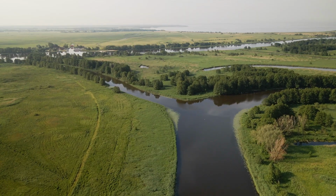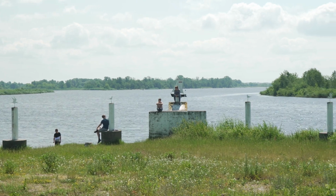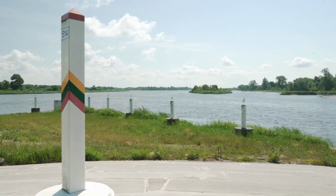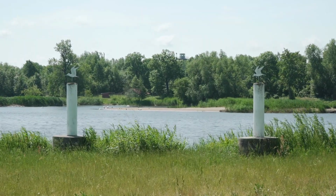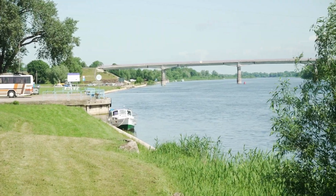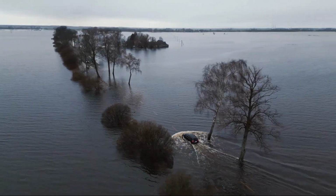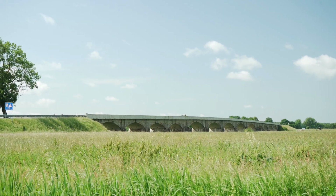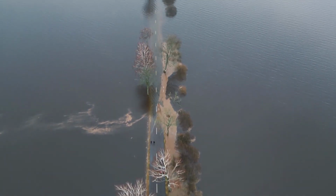Another interesting spot here is Rusnė Island, situated right at the border to Kaliningrad, Russia. Yes, it's just across the river. Rusnė makes headlines in Lithuania every spring. The island becomes almost inaccessible due to spring floods. The bridges built in the fields may look strange in the summer, but in spring they are barely enough to